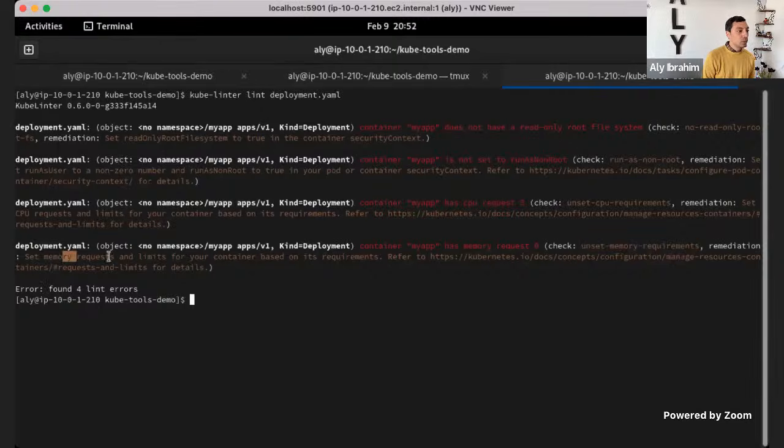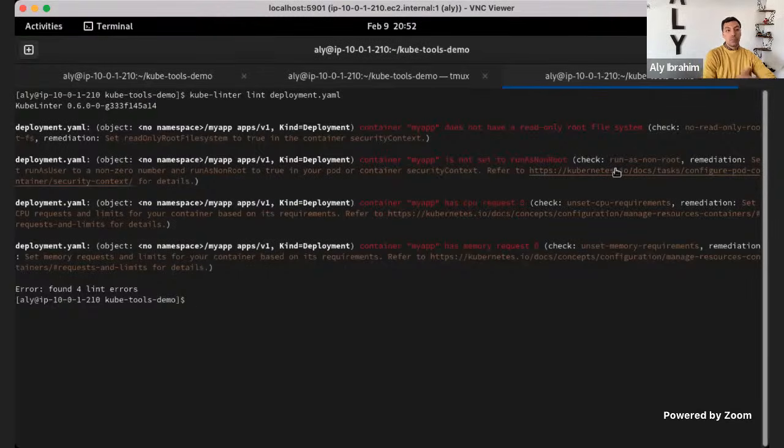You need to set your requests and limits for your containers. And you can even follow this link and it tells you how to do that. I'm also confirming that this application is running as root, so you need to set run as non-root and put it as true. This is based on a non-zero number, and this is based on this link.